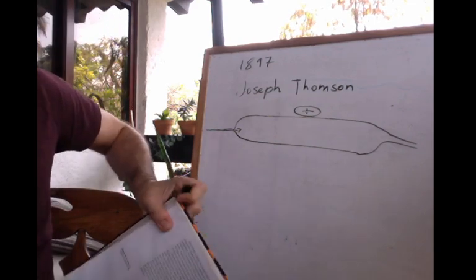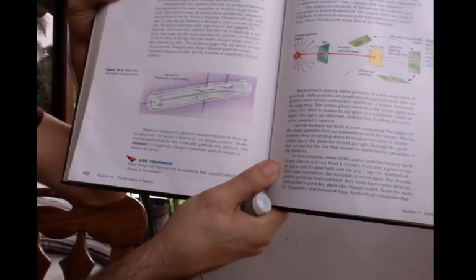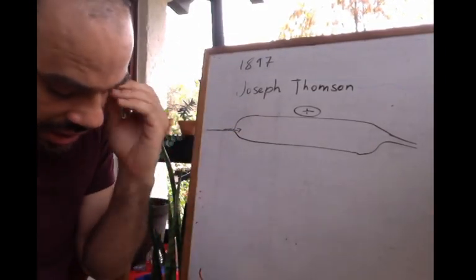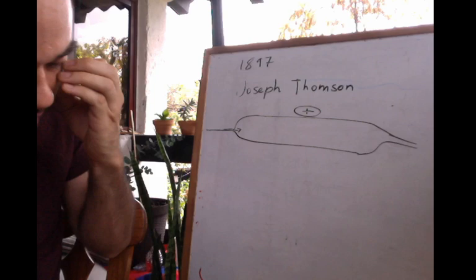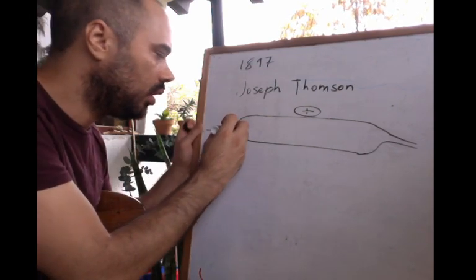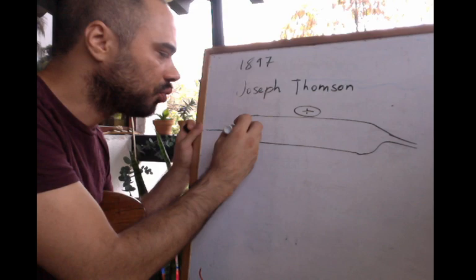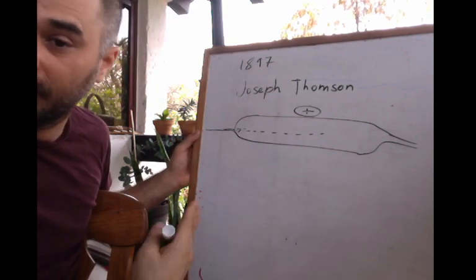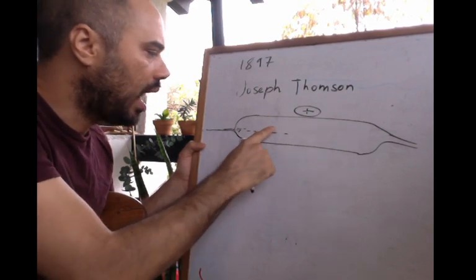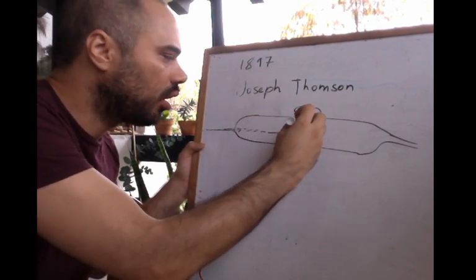Well, as you can see over here, the experiment is very well explained. So what he did was pass an electric current. As we know, electric current is made up of what? Of electrons, right? So what happened here was that the electrons were attracted